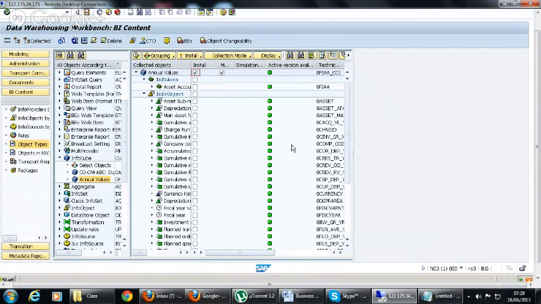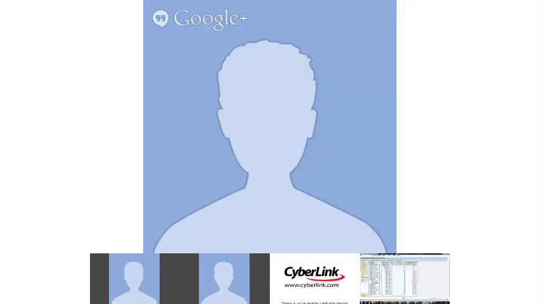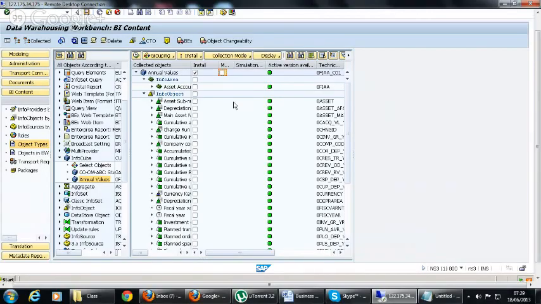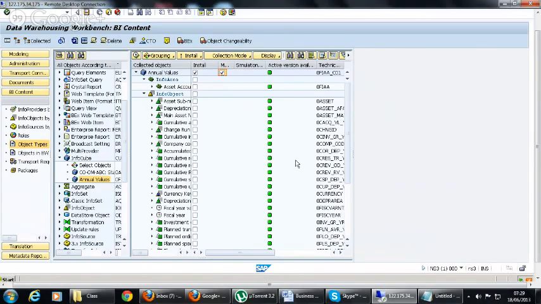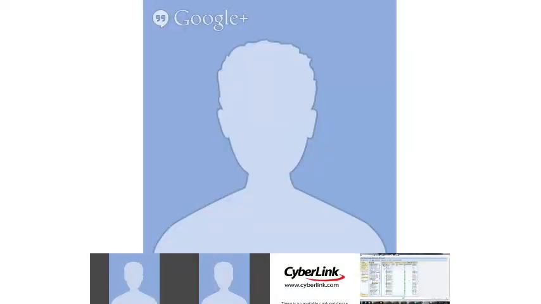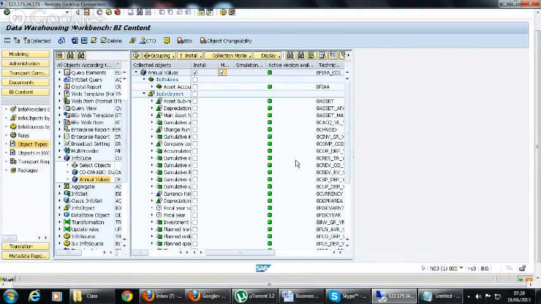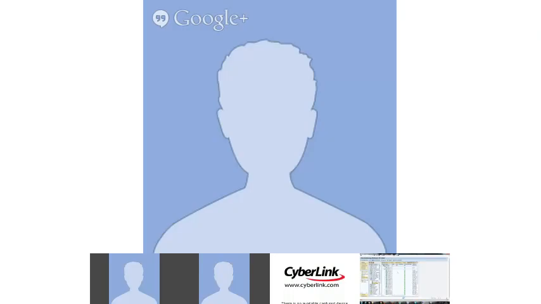When you install without this check mark, the SAP delivered version will be overwritten onto the customer version, and when you give the check mark, the system will keep a few properties of the customer version, add a few properties of the SAP delivered version, and make a new customer version. So that is what is going to happen.